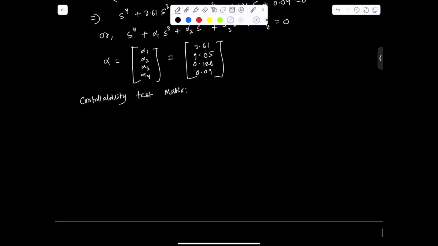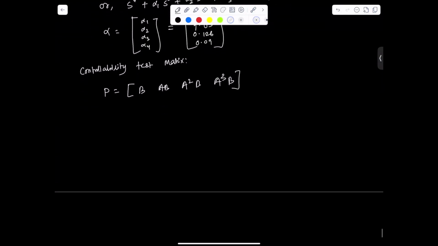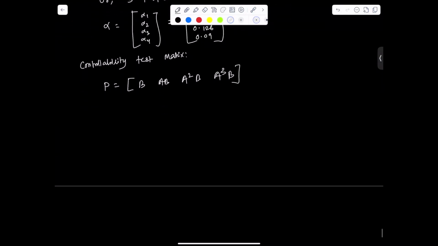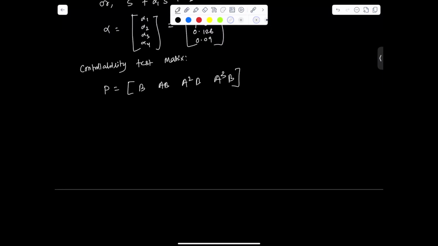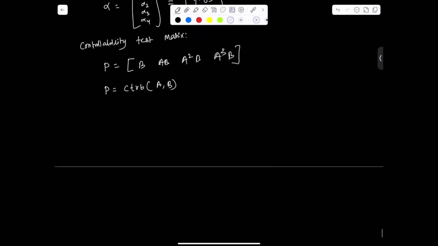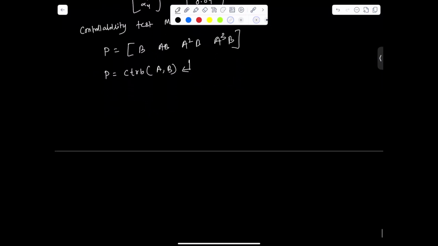We can write P equal to B, AB, A squared B and A cubed B. And if you use the MATLAB command P equal to CTRB, controllability matrix, A comma B, and if you enter it, we have P matrix as